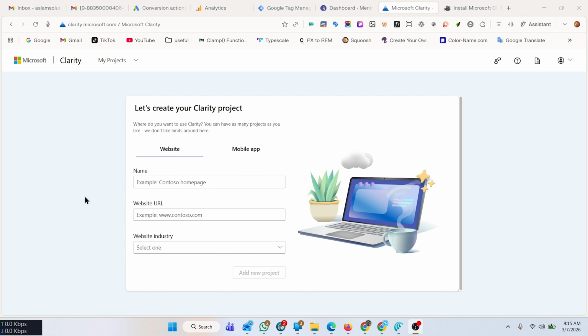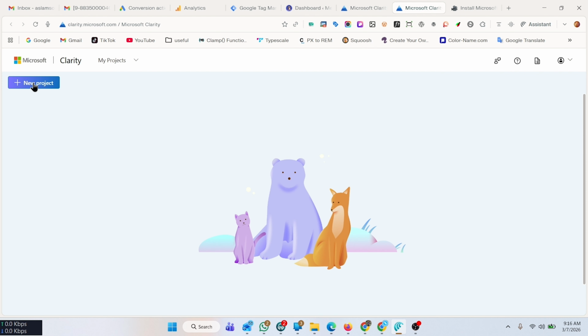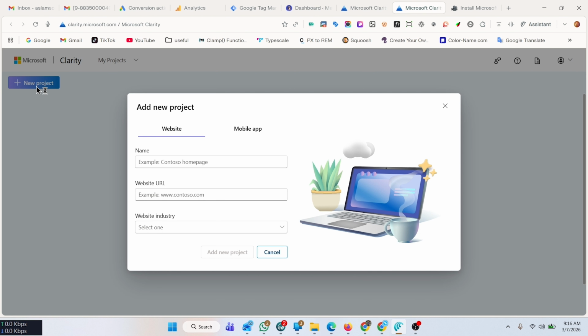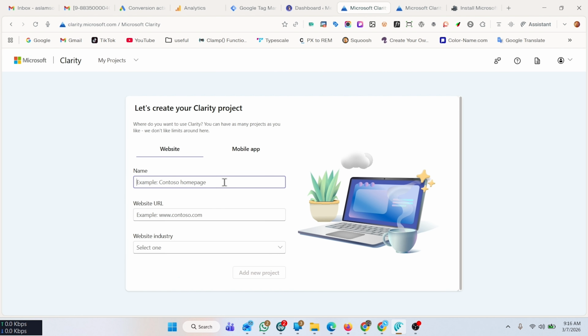Once you confirm your email and check the terms of use, then on the next step you will have to create your project. Here you can use it for website or mobile app. In this tutorial we are going to set this up for website, so we will fill the information about our website. Also, one thing to mention here, if you already have an account, then you can go to your Clarity dashboard, and here in your projects you will see a button that says new project, and here again you will see the same dashboard to create your new projects. Okay, so let's fill our information for website.